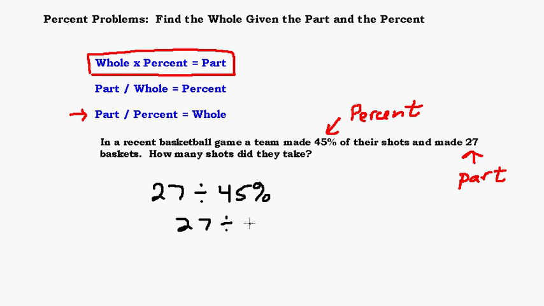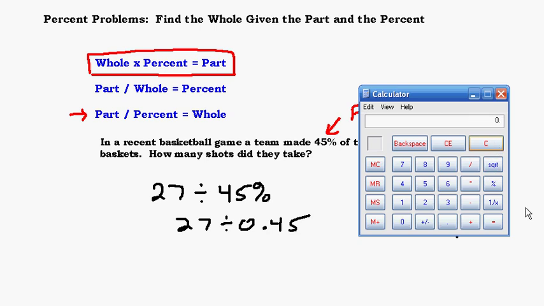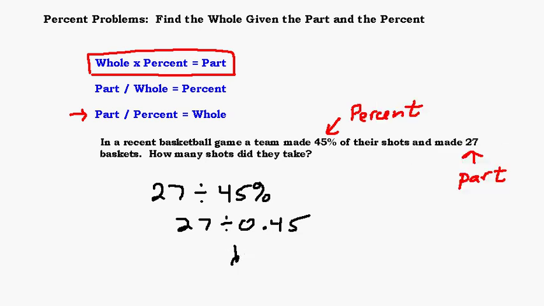We need to move our decimal over, so that's going to be 0.45. And for the sake of time, we'll punch that into the calculator. 27 divided by 0.45 equals 60 shots. Alright, does this answer make sense? That's what we want to ask ourselves whenever we get an answer. So we're saying they took 60 shots